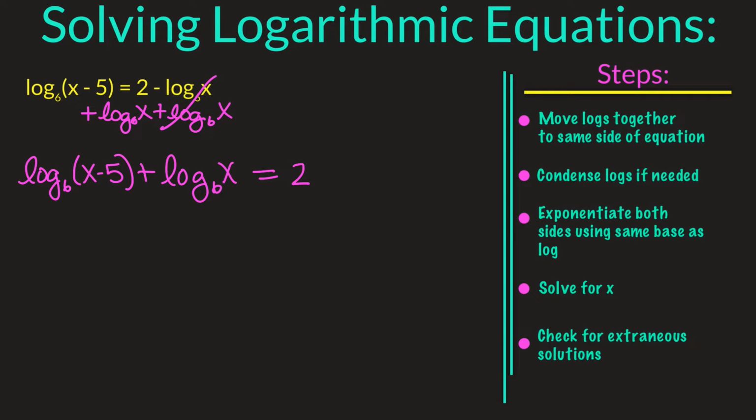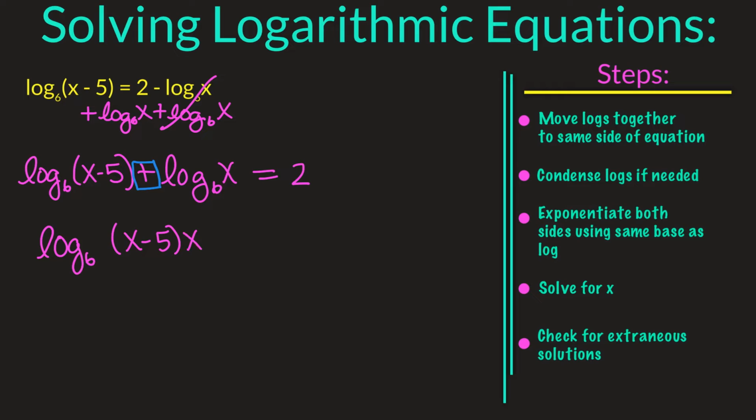Since I have two logs, we need to condense it, and if you'll remember, condensing with a plus condenses down to multiplication. So we're going to have log base 6 of x minus 5